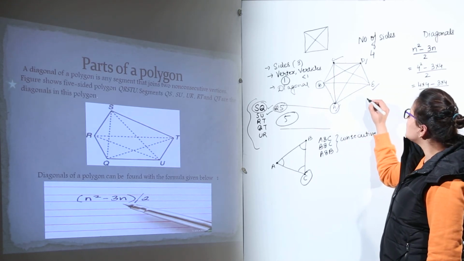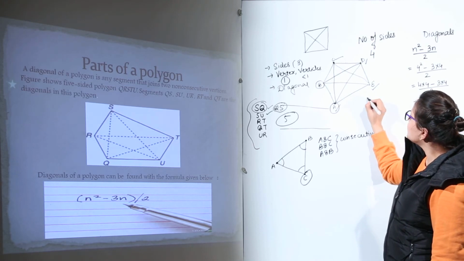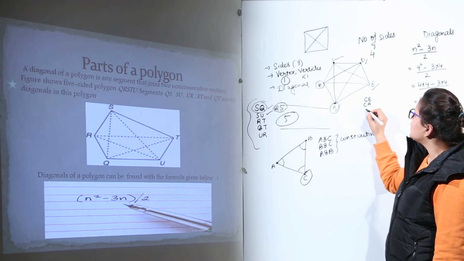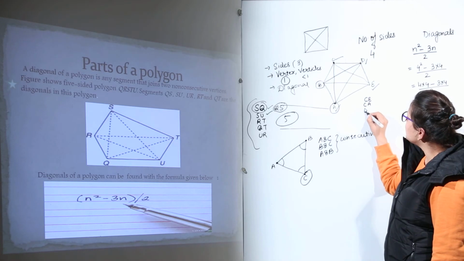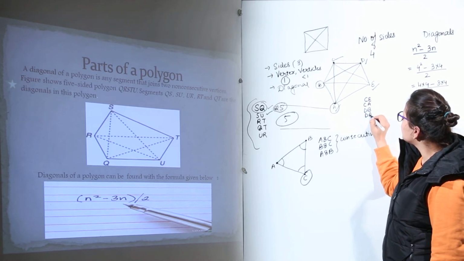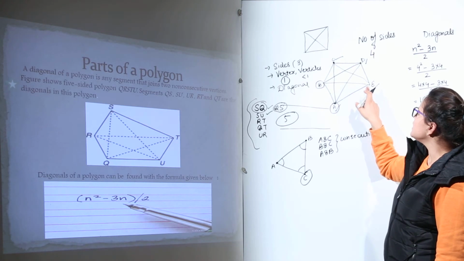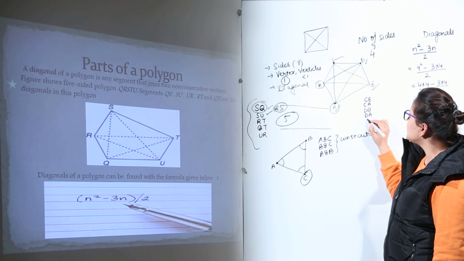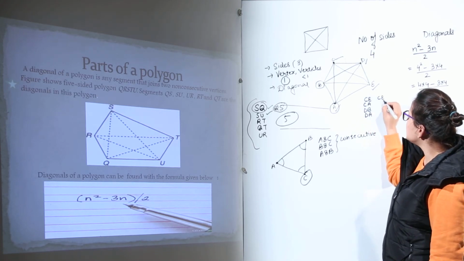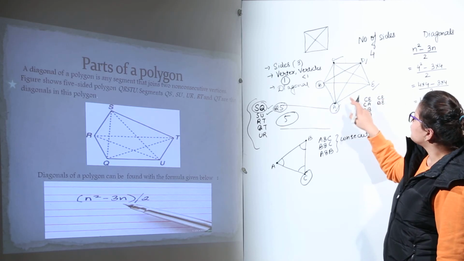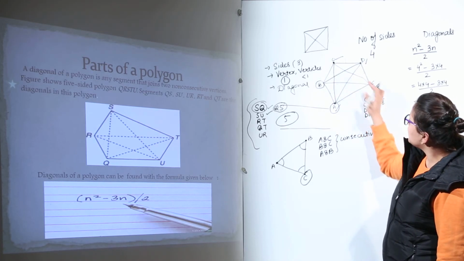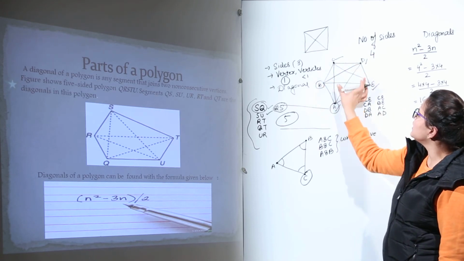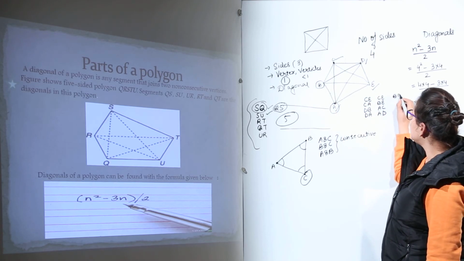Now, you can check how many diagonals you have made. Now, I am going to write the names of the diagonals. CE, CA, right? Next, from D you can check DB and DA. Now, from E, CE and BE. CE is already done, so I'll only write BE. Or let us write both CE and BE. From A we can write AC and AD. Now, the last one, from B we can check BD and BE. So, I'll write BD and BE.